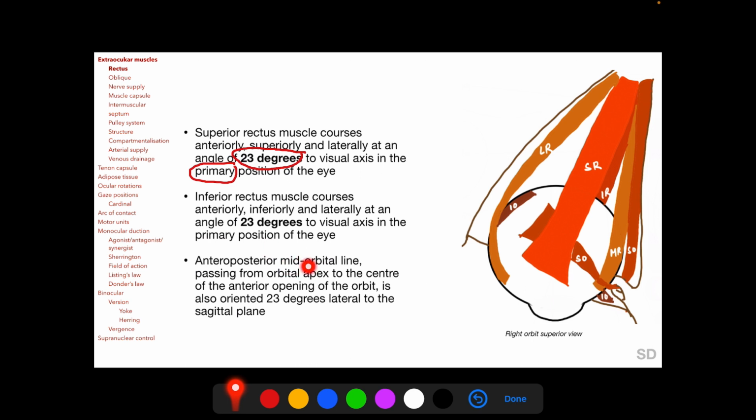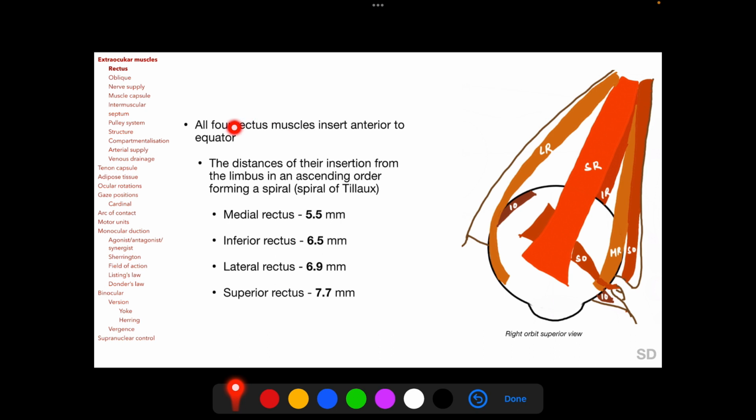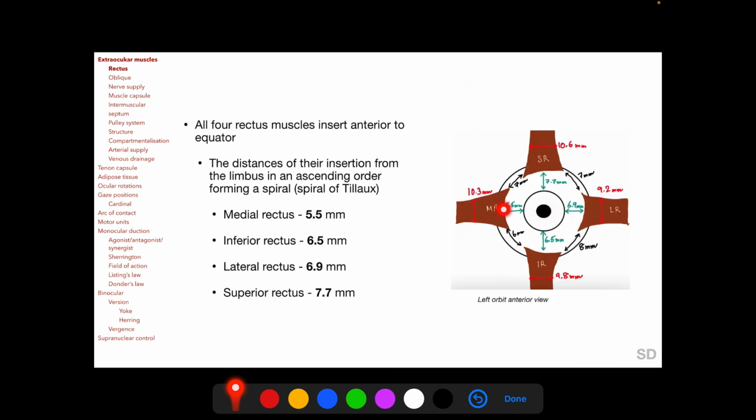The anteroposterior mid-orbital line passing from the orbital apex to the center of the anterior opening of the orbit is also oriented 23 degrees lateral to the sagittal plane of the body. All 4 rectus muscles insert anterior to the equator, and this is very important to understand the effect of the extraocular muscles on ocular rotations. So if this is the center of the globe, the equator lies along this plane, and the insertions of the rectus muscles all lie anterior to the equator of the globe,